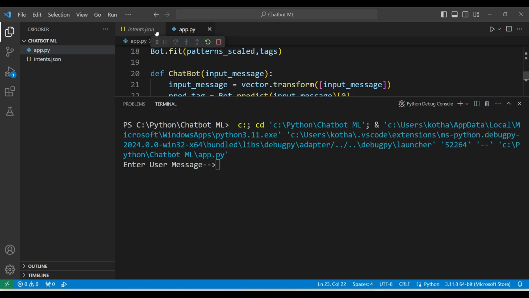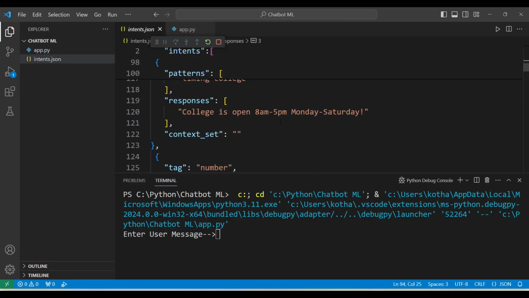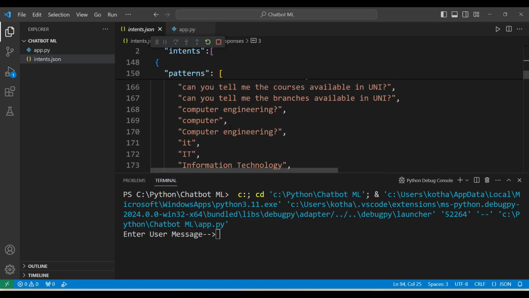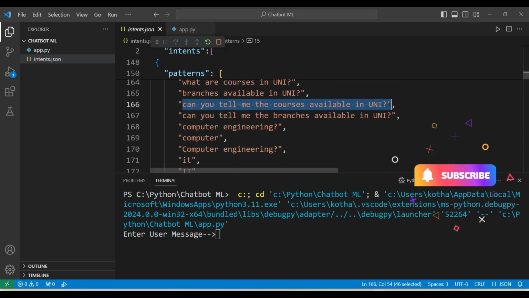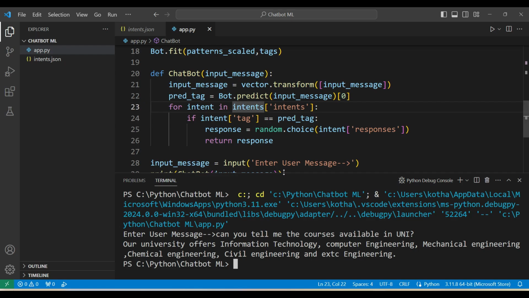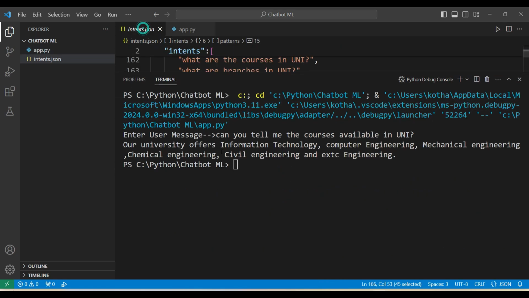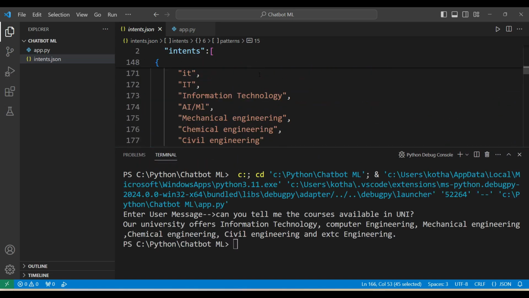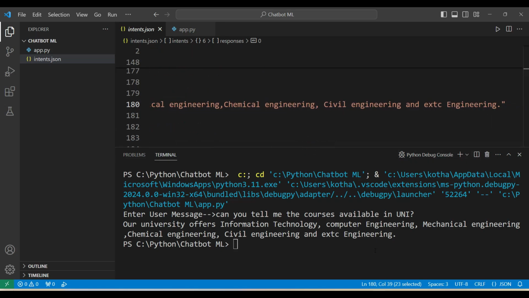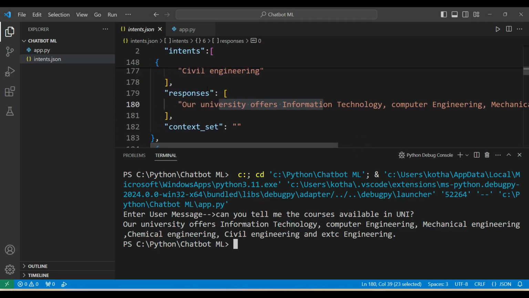Let me copy one of it from here. Let me take, can you tell me the courses available in the university? Just copying it and pasting it, and press enter. So here it is responding the same way, right? What we thought it should be the response. Our university offers information technology, computer engineering, civil engineering, and etc. So whatever information we want this chatbot to respond for the message,